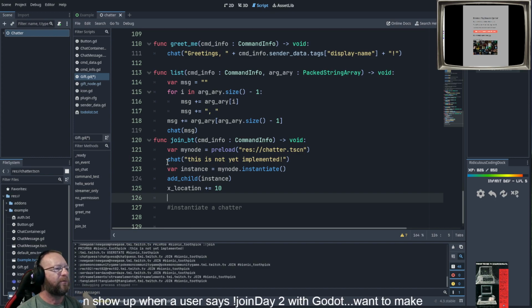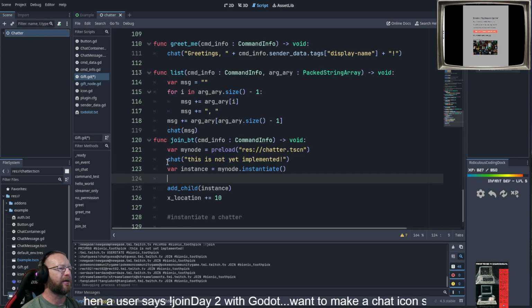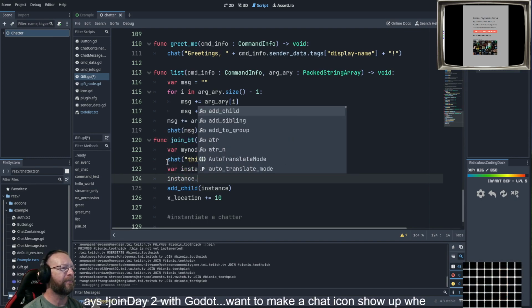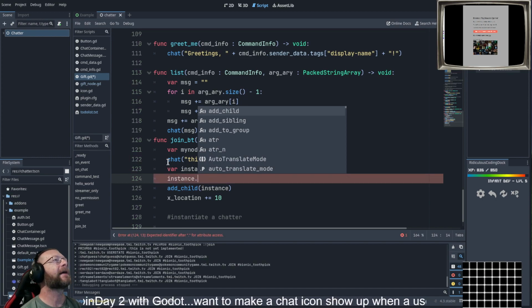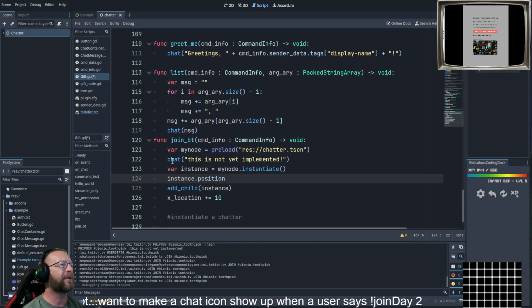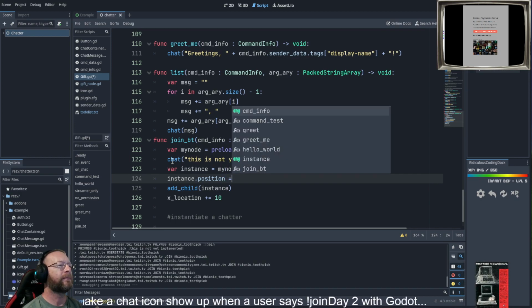And now we want to put the location here, instance. I got to go back and look how you say it, the position. Instance position equal